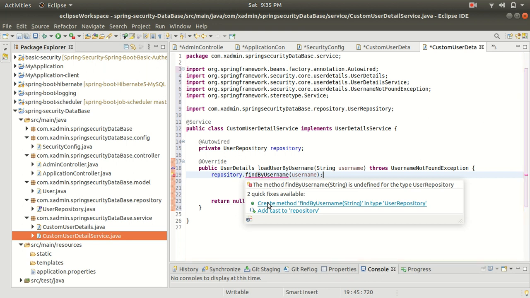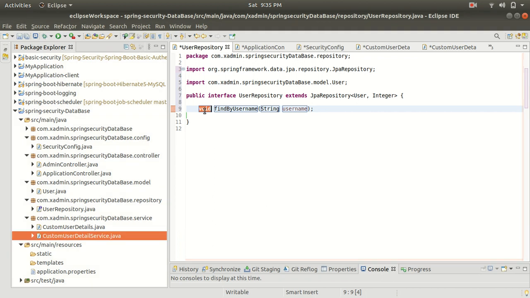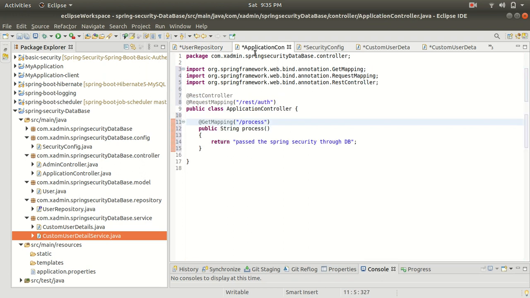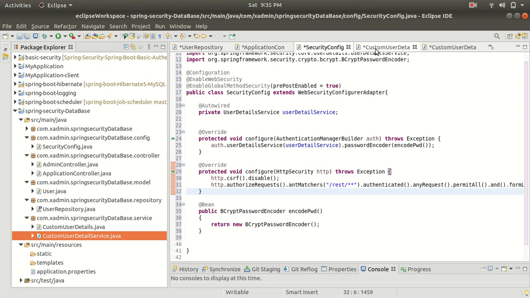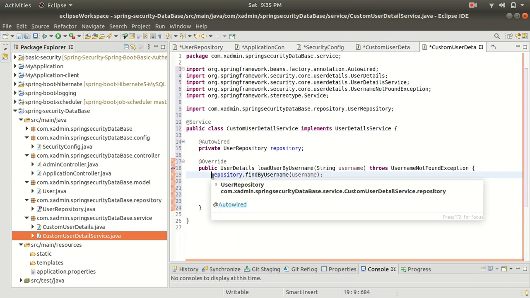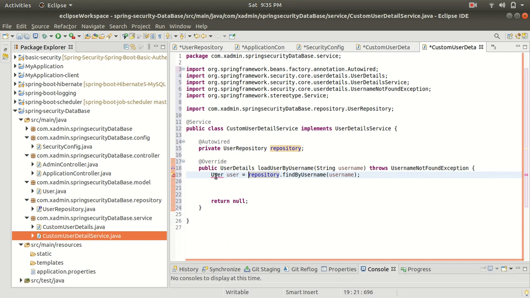All right, so we have created it. This is void type, but it should not be void, it should be User, because it is returning the user object. All right, so config detail, custom detail, yes. And now I am going to store this in the user object here. Import this from the model.